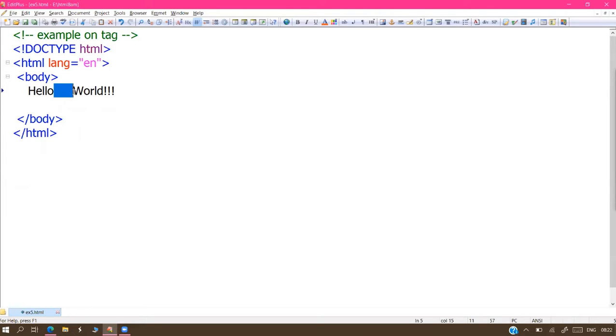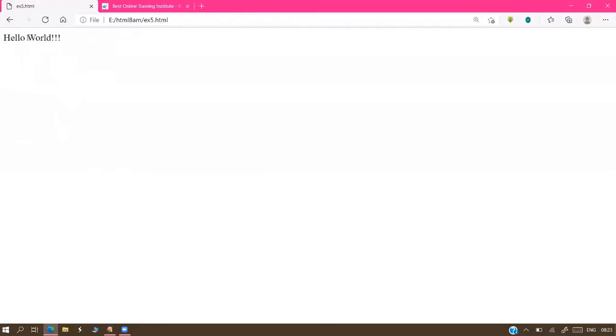The browser trims these spaces and produces output without them. This is the practical proof: between hello and world, we have only one space.